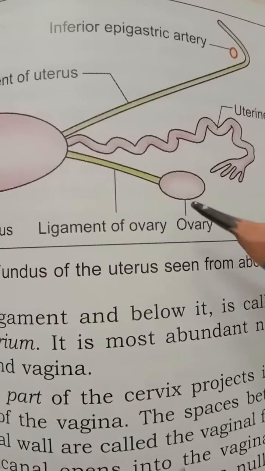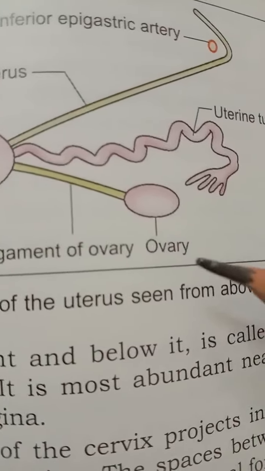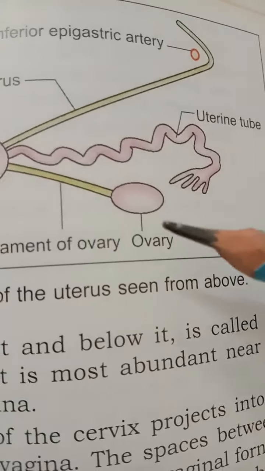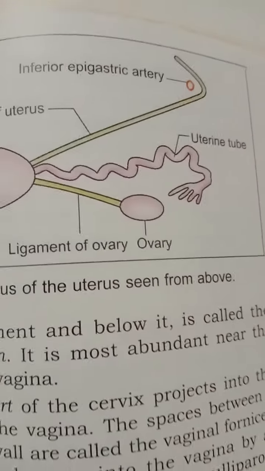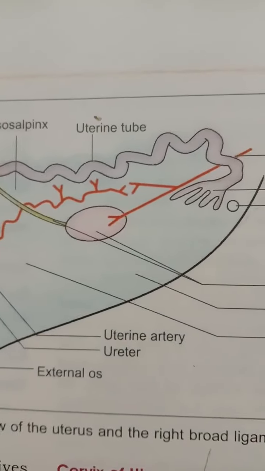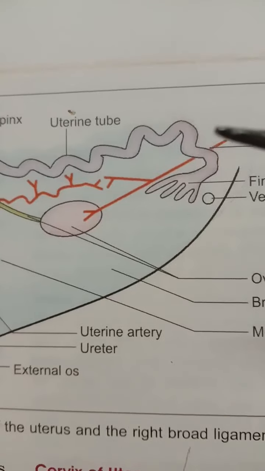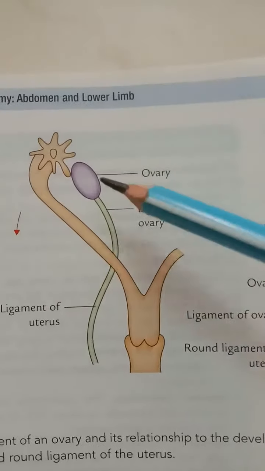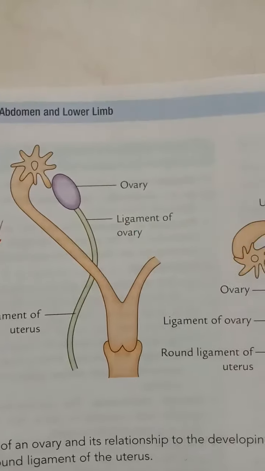Next is ovarian carcinoma. Carcinoma of the ovary is common and accounts for about 50% of all cancers and 20% of gynecological cancers. Then the teratoma of the ovary. The ovary may sometimes contain pluripotent cells which may give rise to a teratoma. Then ovarian dysgenesis. Congenital absence of one or both ovaries is found in Turner's syndrome.